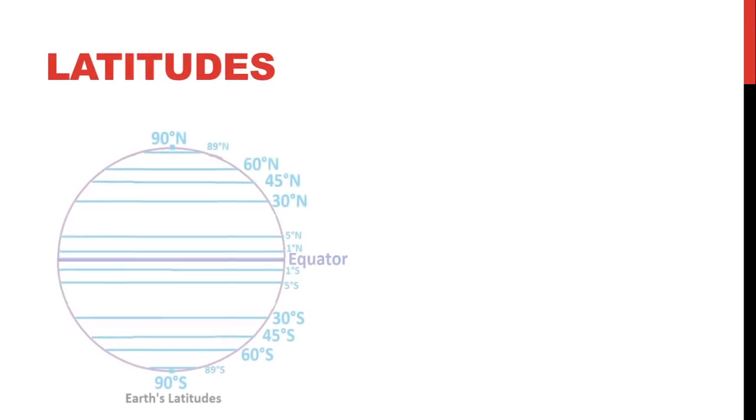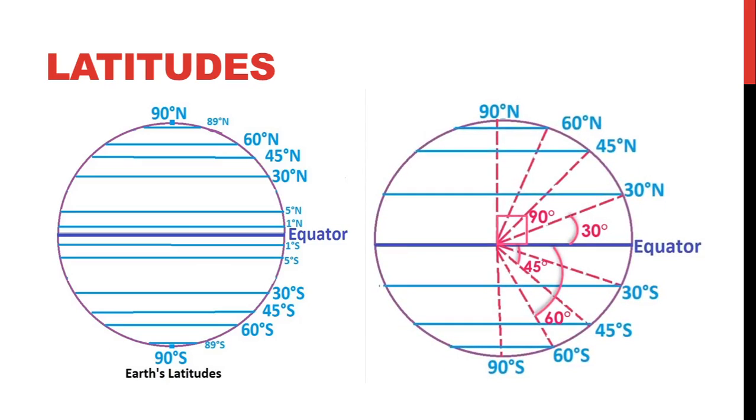Latitude. Look at the map. Equator divides Earth into two equal parts. Northern half is known as Northern Hemisphere and the latitudes that are in Northern Hemisphere are denoted by N. The total number of latitudes in Northern Hemisphere is 90. Now, Southern half is known as Southern Hemisphere and the latitudes running in Southern Hemisphere are denoted by S. The total number of latitudes in this hemisphere is 90.